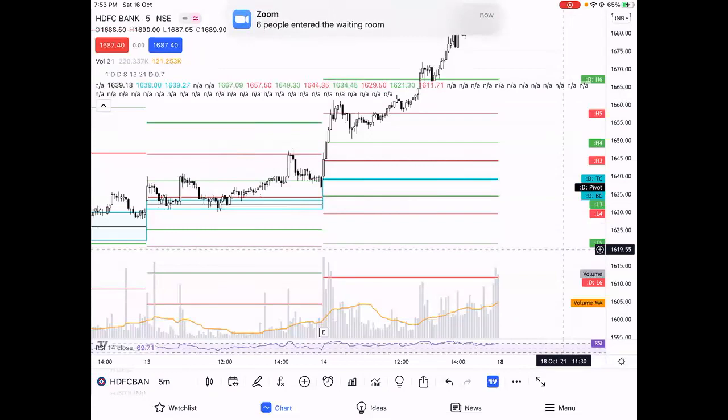H4 and L4 are generally the breakout levels. Suppose HDFC Bank took out H3. What does that mean? That means the trend has continued, the upward trend has continued. But see one thing,